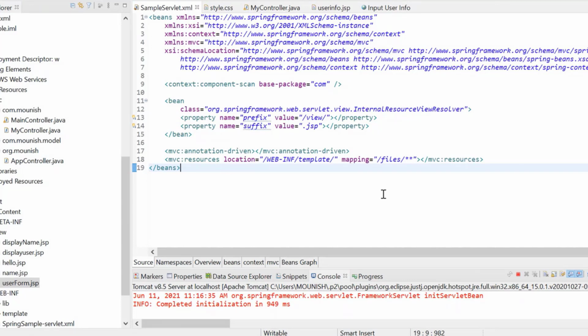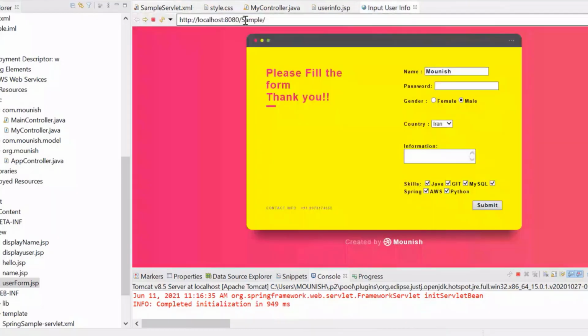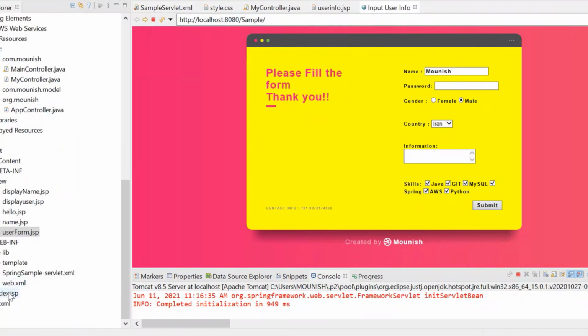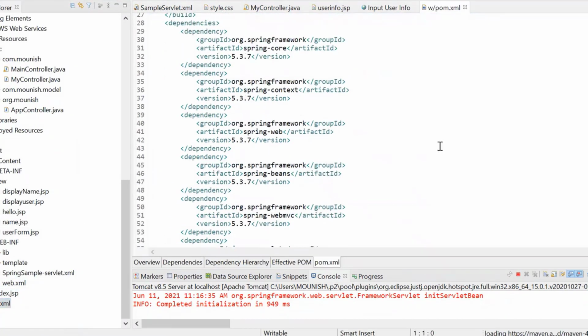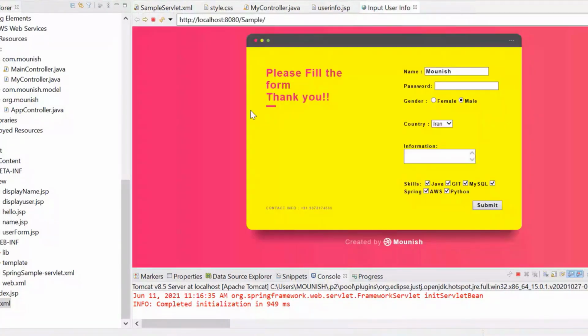Okay. And another important point over here is page context request context path. So what is this? This is our link. So this is the context path. Since we are working on a web-based application, this is the context path. If you have a doubt why we are adding our Spring context in form.xml, it is because that is basically our link, which is called the context path.